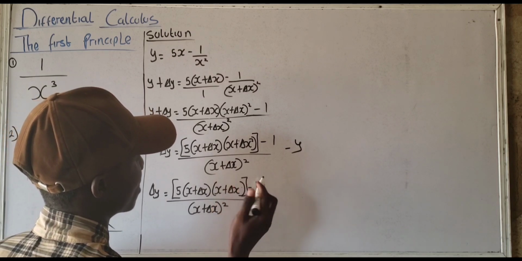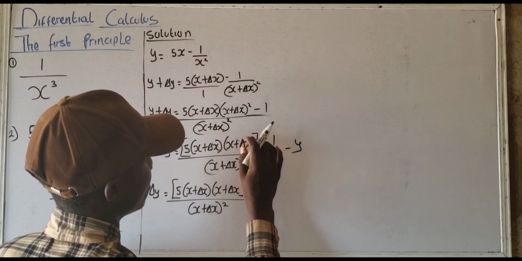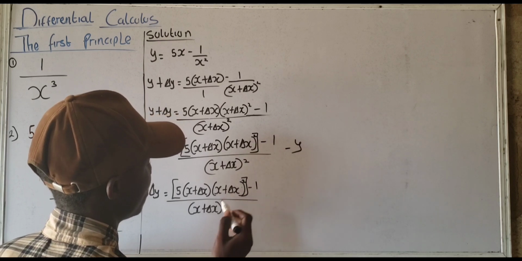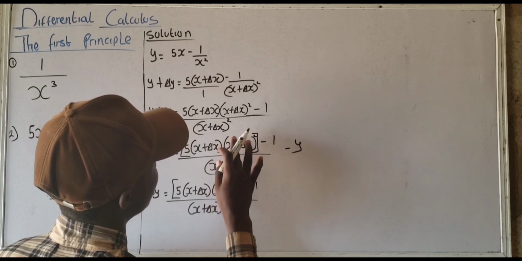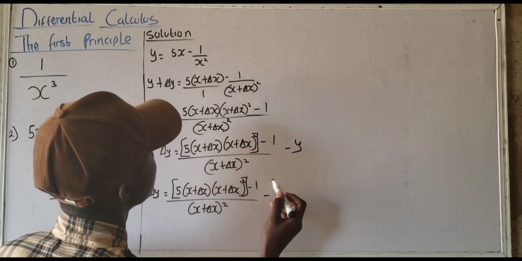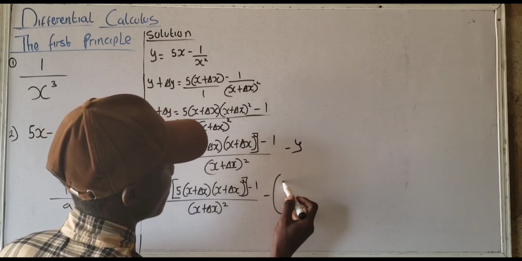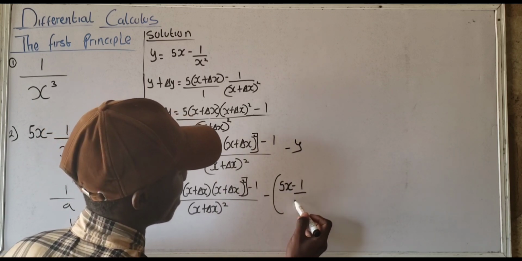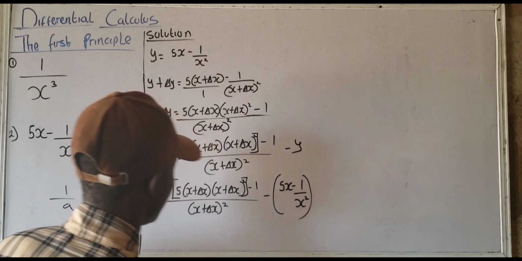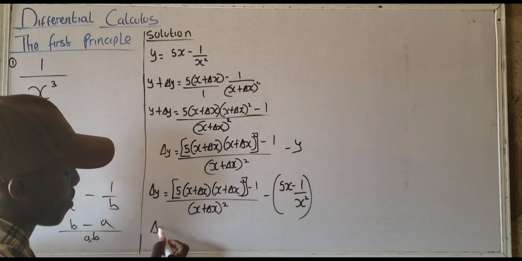Oh, this should be outside the bracket, okay? It should be outside the bracket. Okay, now let's proceed. Minus, open the bracket, (5x - 1) over x². Okay? Now let's proceed. Delta y equals